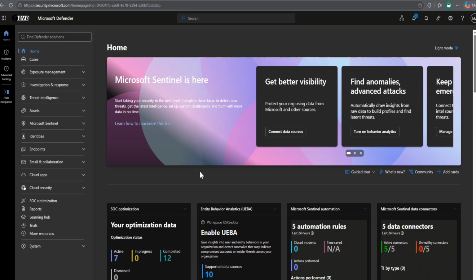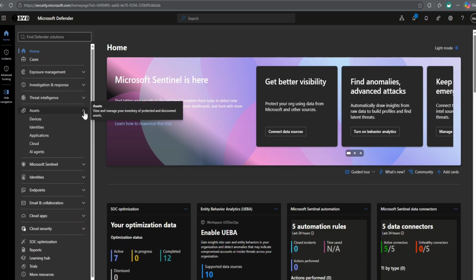And if this is the first time that you see this portal, it can look intimidating, especially if you're not a cybersecurity person, or if you have not been involved in some SOC analyst tasks. But this is not an overview of Microsoft Defender. We are specifically focused on identifying agents in this environment. And that is found here, where it says assets. So if I expand this and I click on AI agents,